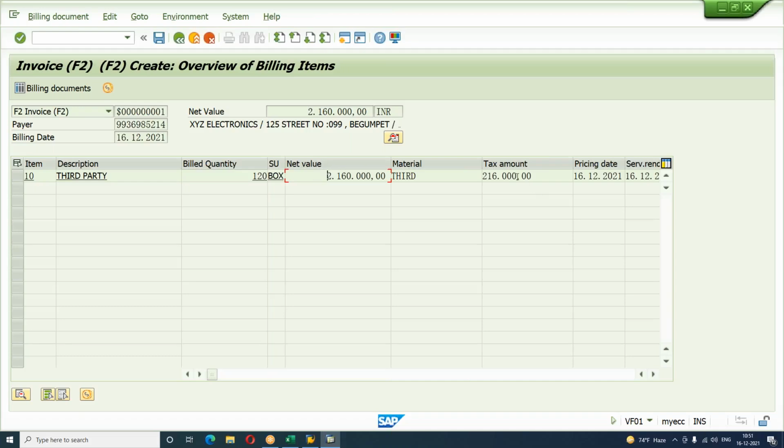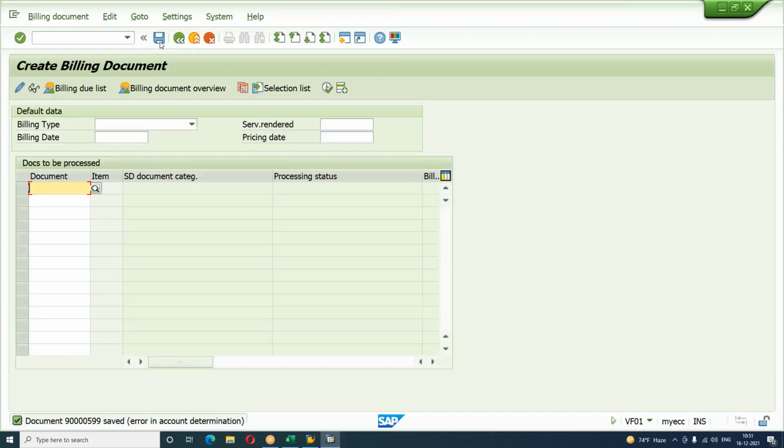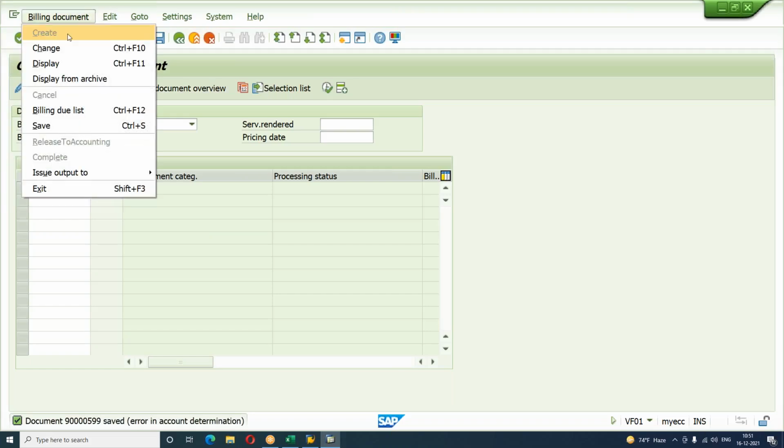There's a net value coming up and there's a tax amount. You can see all that information over here, and try to save this one. Done. Okay. Now, in case you want to resolve this error in account determination, first thing, try to